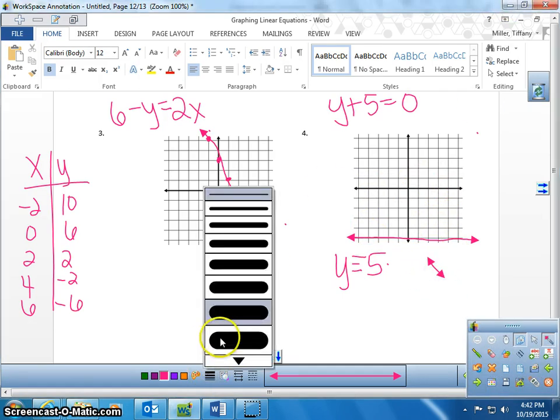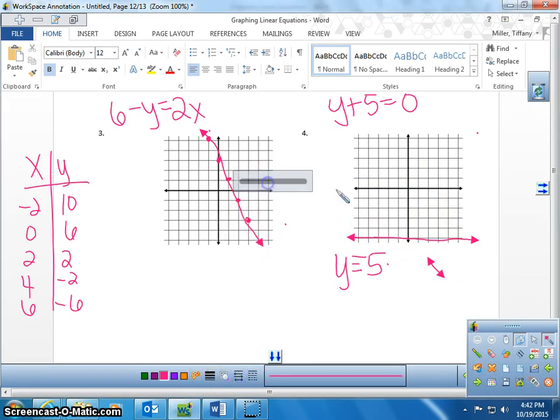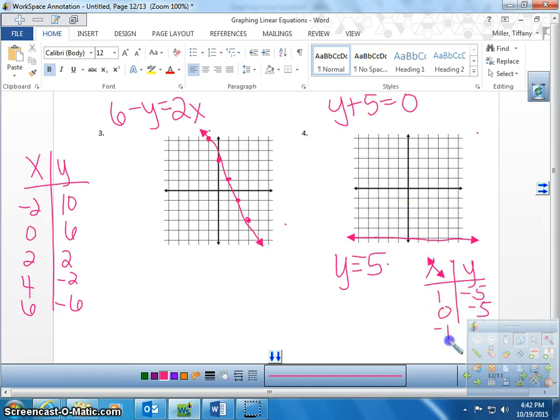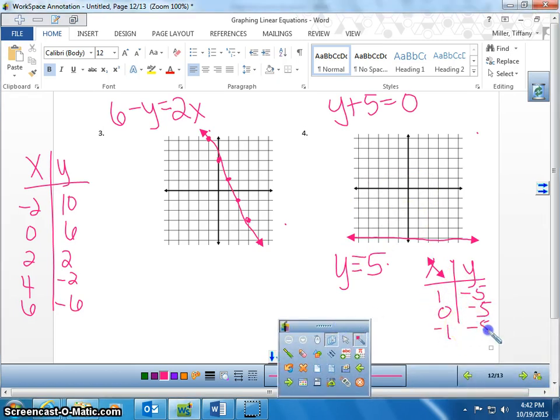So if I chose 1 in my chart, x and y, there's nowhere to plug in, so y is always negative 5. 0, negative 5. Negative 1, negative 5. 10 would be negative 5. No matter what, my y is negative 5. That concludes the